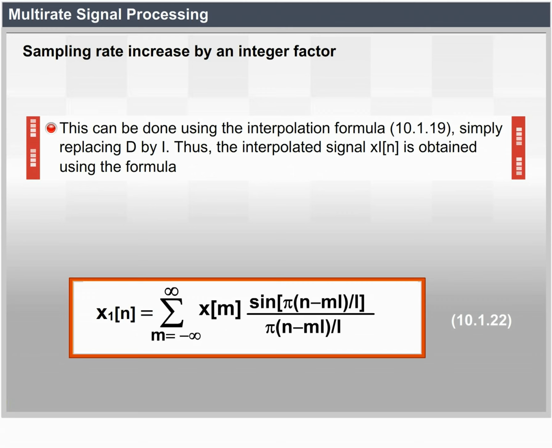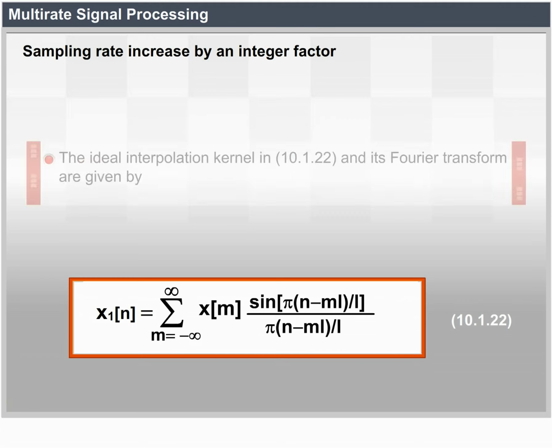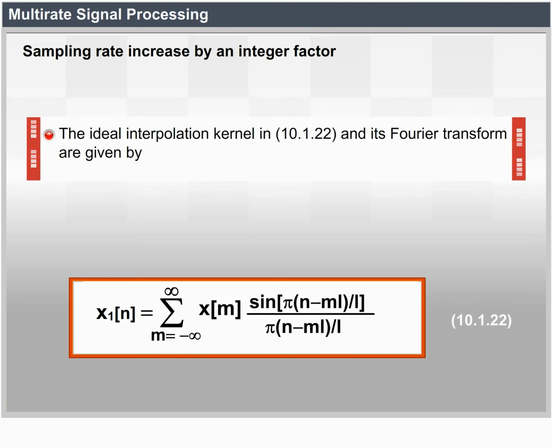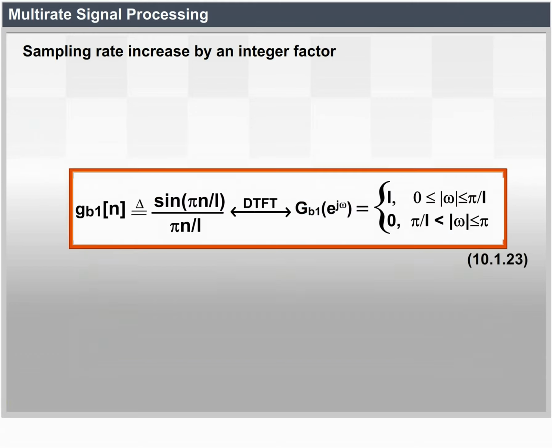The ideal interpolation kernel in 10.1.22 and its Fourier transform are given by g_BL(n) equal to sin(pi n/L) divided by (pi n/L), which transforms to G_BL(e^jω) equal to L for 0 less than or equal to modulus of ω less than or equal to pi/L, and 0 for pi/L less than modulus of ω less than or equal to pi,